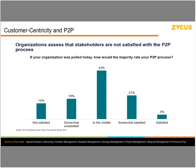So if we look at this, only 4% would say they're fully satisfied. So 25% in total would say they're at least somewhat satisfied, but most are either neutral or skewing towards somewhat dissatisfied or not satisfied at all. So not that surprising, since many organizations are still using their first generation procure-to-pay tools that